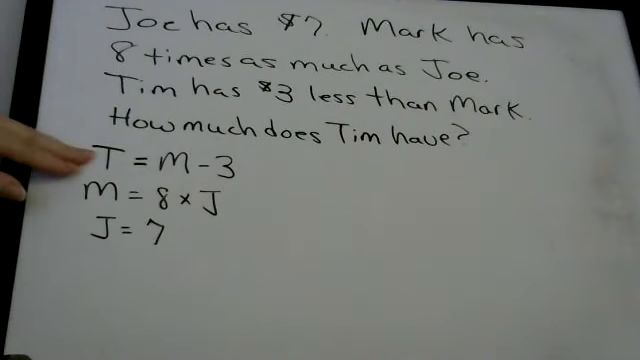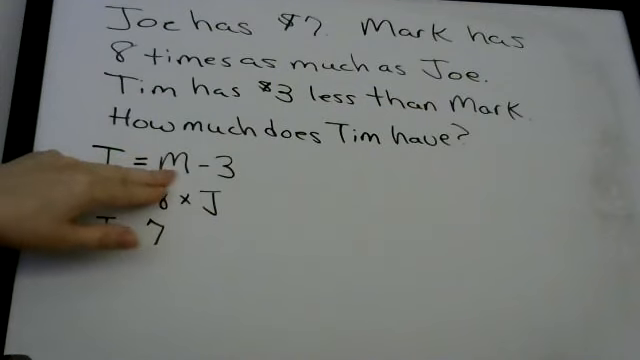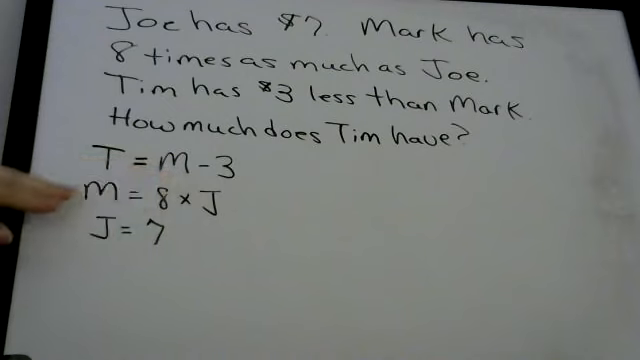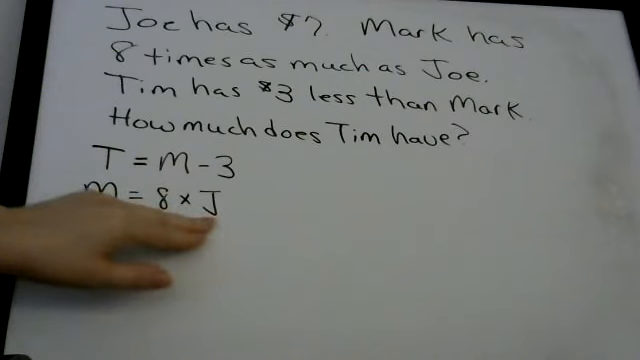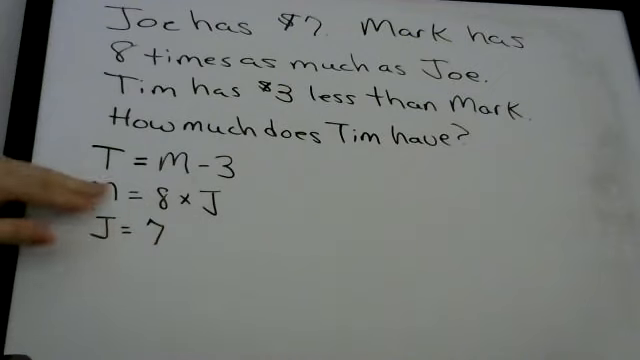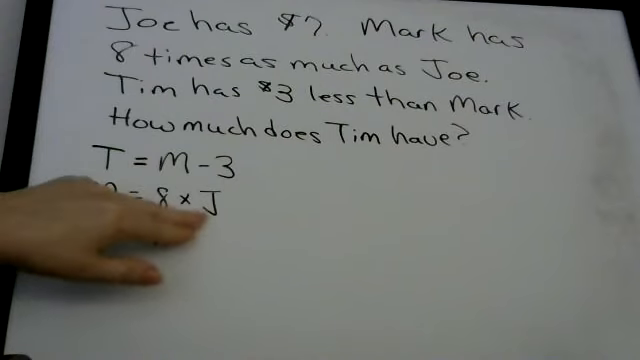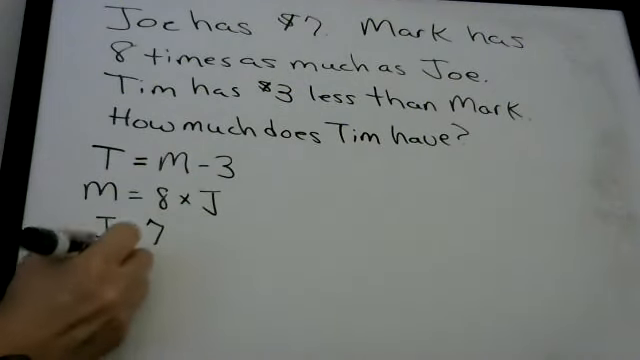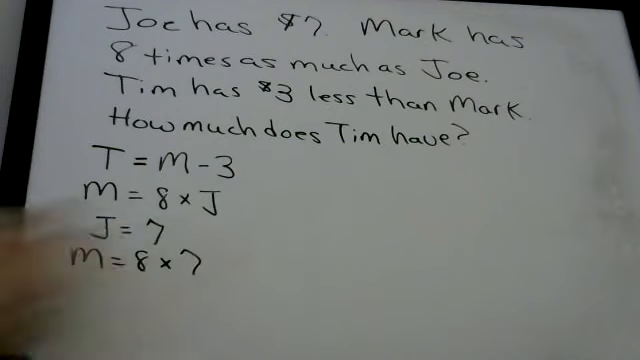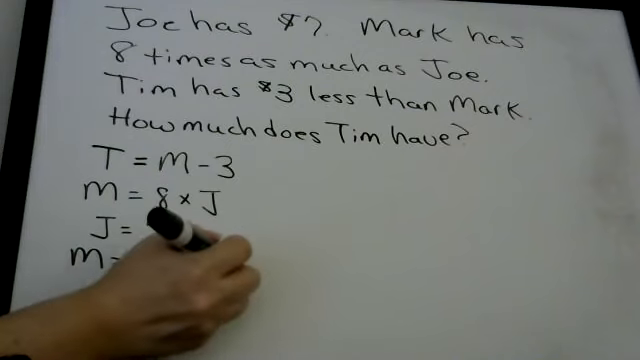We started with what we wanted to know, Tim, and we wrote down that equation. Then we said, before we can figure out what Tim has, we need to know what Mark has, so we wrote down the equation for Mark. Before we know what Mark has, we have to figure out what Joe has. They've given us that Joe has $7. So now we can plug this back in and solve for Tim. J equals 7, so we're plugging that into M equals 8 times J. M equals 8 times 7 because Joe equals 7. So Mark equals, if you do the multiplication,